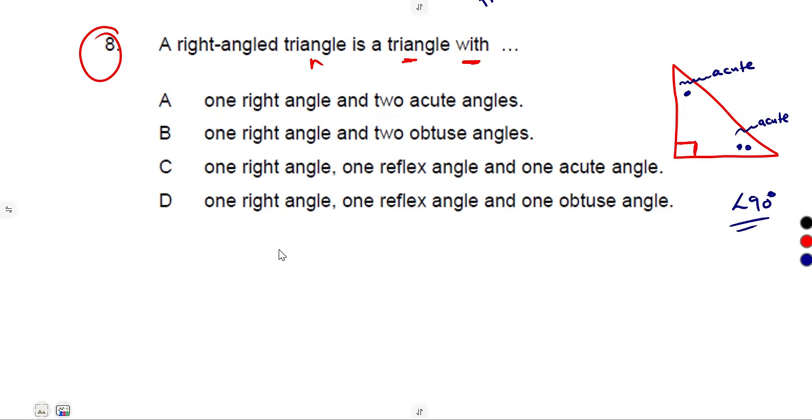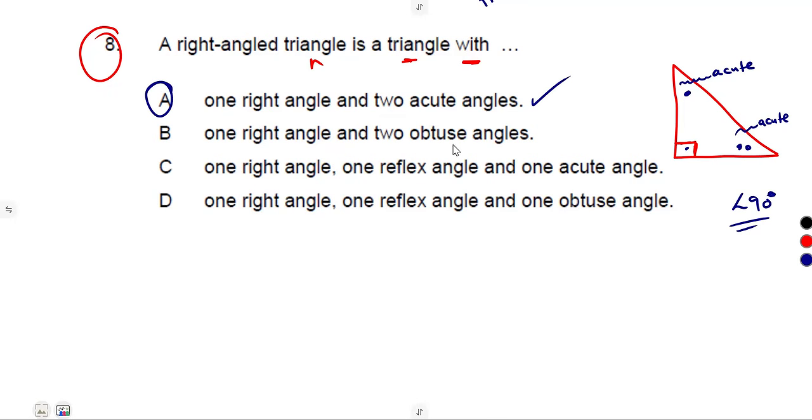So let's consider what you're given. A, one right angle and two acute angles. So this one was actually direct to what we have: one right angle and two acute angles. So this is the best answer. Anyway, let us see B, one right angle